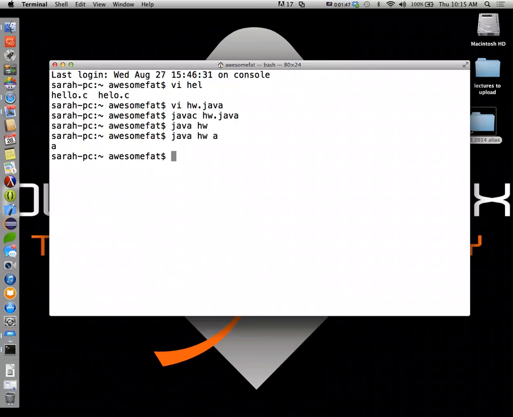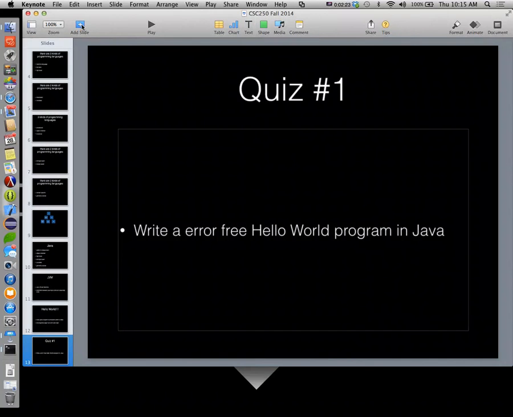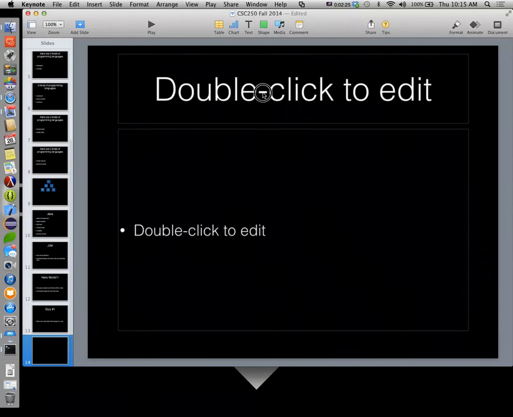Now, that would have been the old way of doing it, where you would edit a file in a text editor, compile it, then run it and test to see how it worked. Kind of two different levels in there. You compile it and sometimes get errors. Sometimes you compile it and get no errors, which means that what you wrote was syntactically correct, but it might not be logically correct. So what you wrote might not actually solve the problem you were trying to solve. So then you have to go back and edit it, save it, compile it and run it, back and forth, back and forth. Well, we have these things called integrated development environments, IDEs.